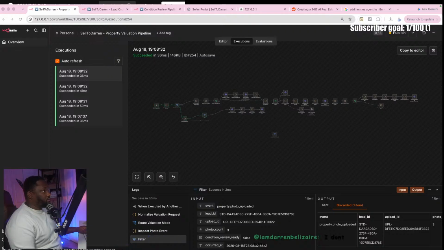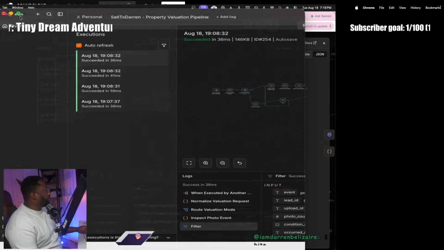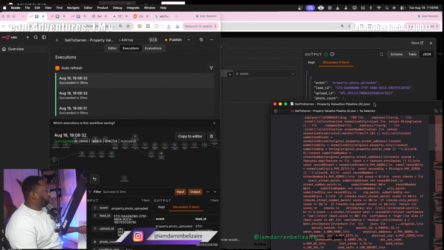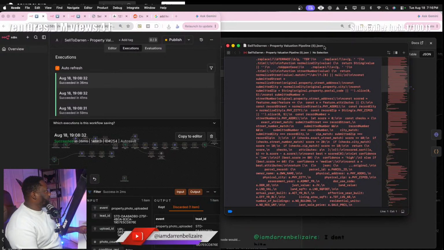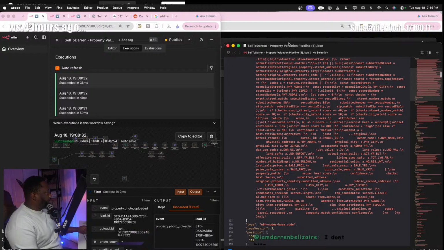Okay, so these are the nodes. Just so you know, this is what I'm looking at now, so you kind of have an idea of what I'm looking at. I'm staring at this, looking at the line code